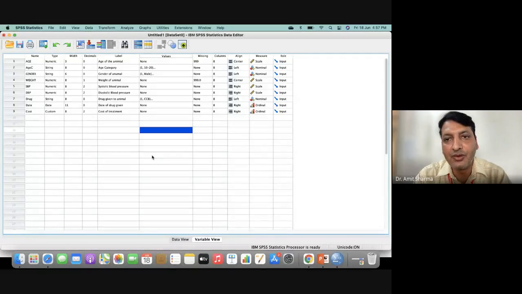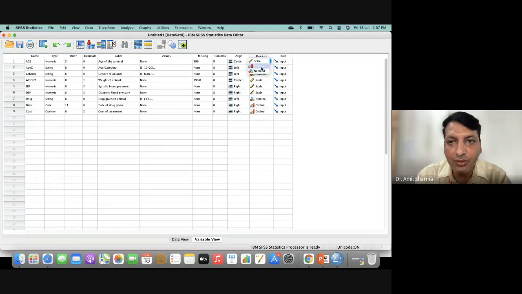So the sign of this icon is representing something in SPSS. Scale will be given to those variables in which there is some sort of measurement unit. For example, age we cannot measure because age is not a measurement unit. So I have to change from scale to ordinal.